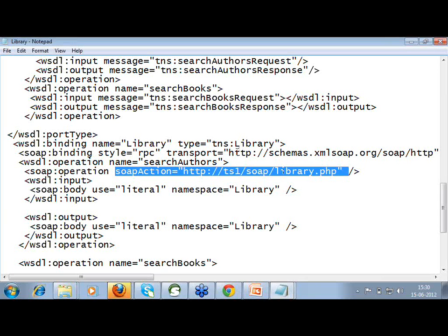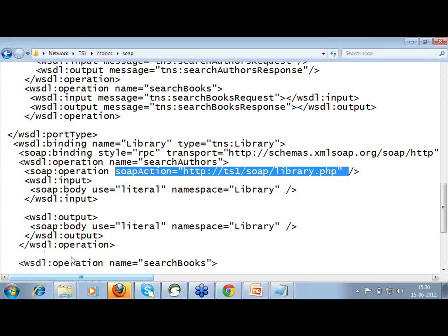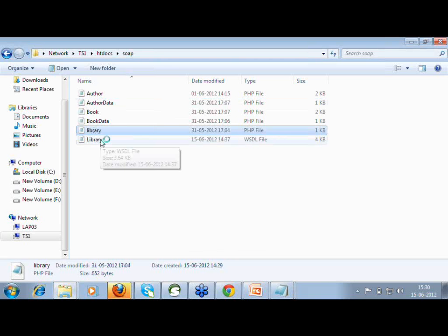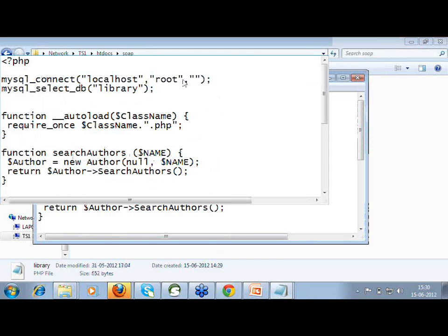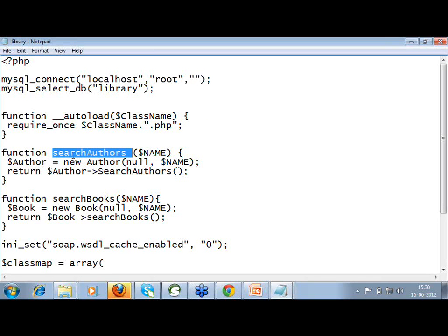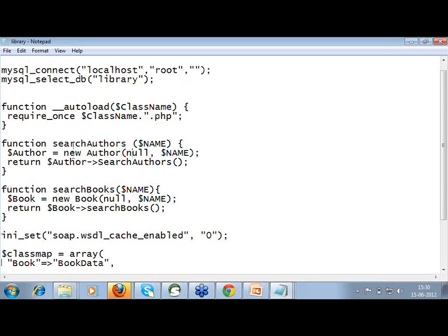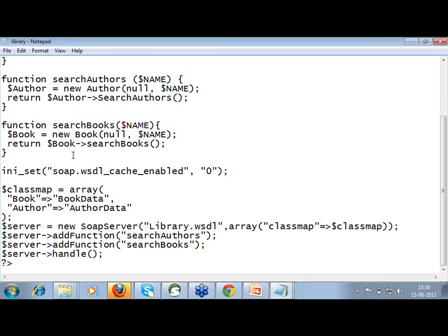So I was talking about the WSDL file. You can see this is communicating with library.php and library. They are loading all the classes and calling functions here for different parts. So now, the service in your case is as a provider, service provider, or as a client.